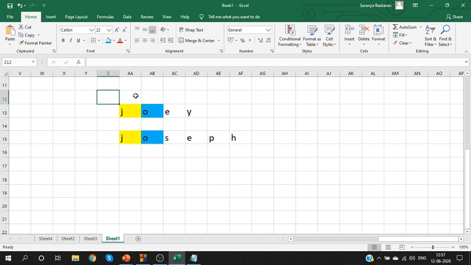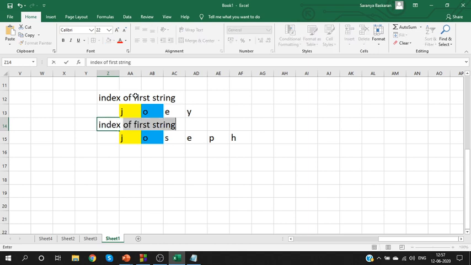So, index of first string is the same as index of second string, right? If it is 0 here, take the 0th index here.